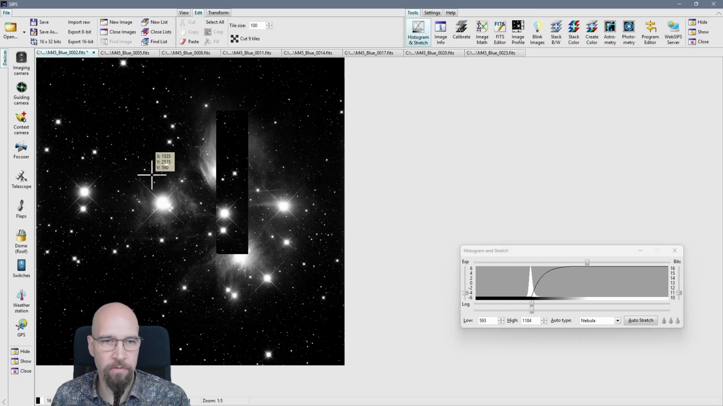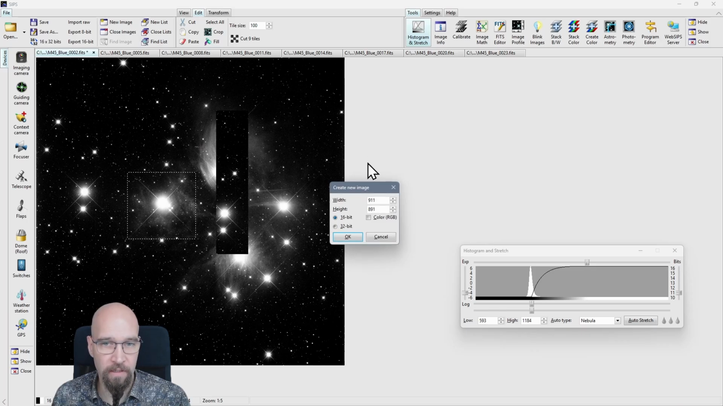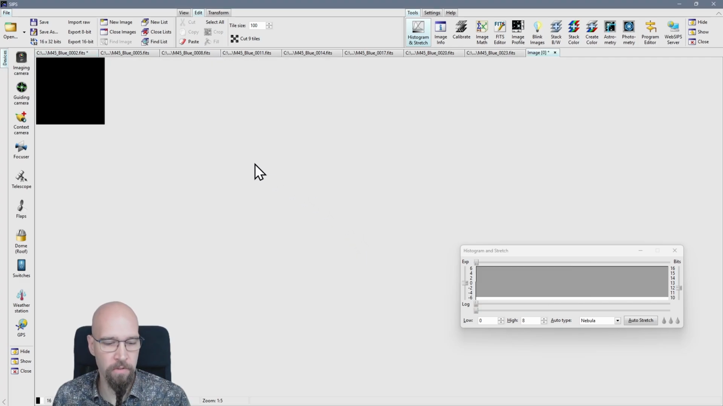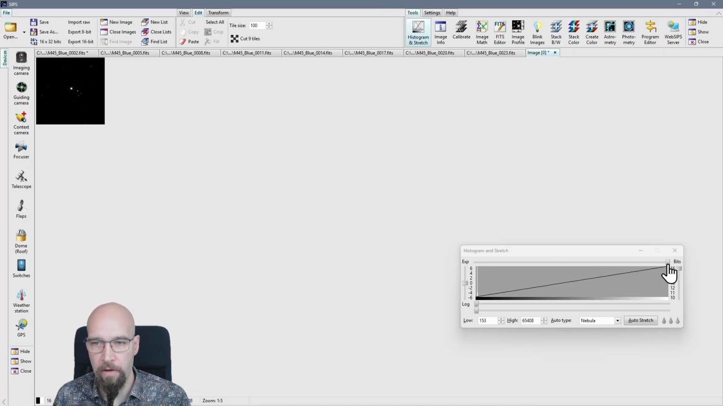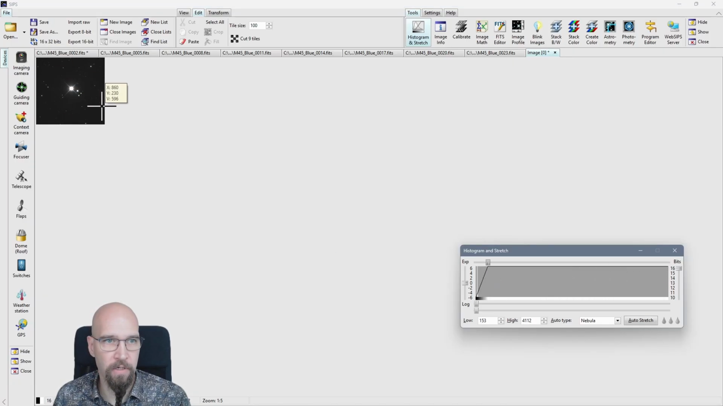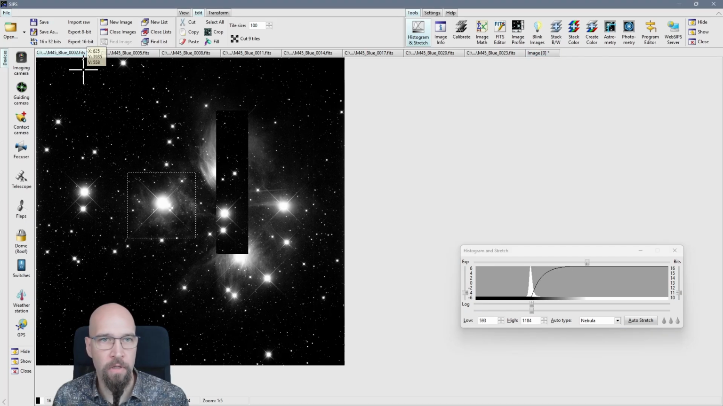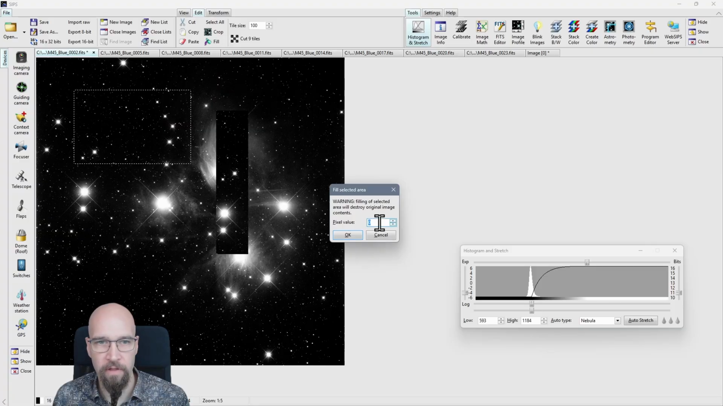This is not particularly useful in one image, but we can, for example, take one part that we are interested in, copy it, and then create a new image. When we have something in the clipboard, SIPS automatically adjusts width and height to what is there. So we can create a new image, do Ctrl+V, confirm it by Enter, and we can, for example, store just this one cutout. We can also make a selection and use this fill and fill it with a value of